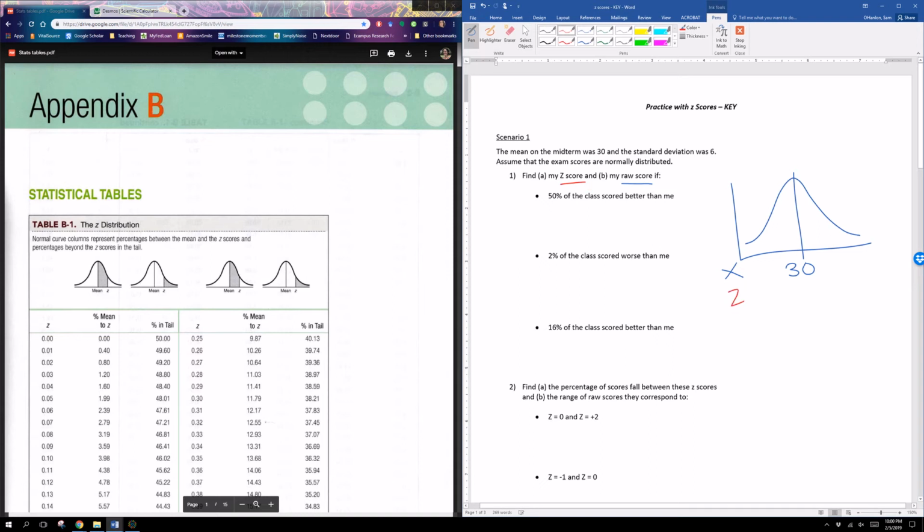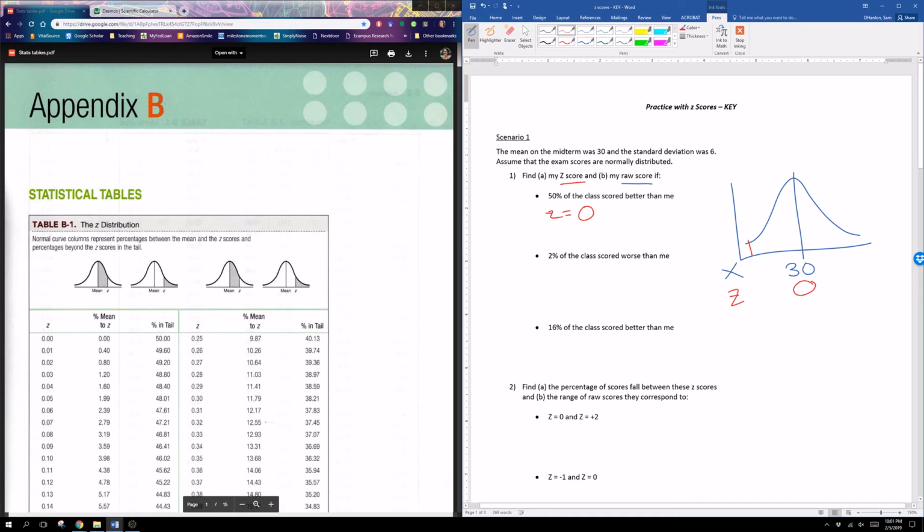Okay. So the mean of the z-distribution is always 0. Okay, so if 50% of the class scored better than me, then we know that z equals 0, right? Because you have half of the distribution above the mean and half of the distribution below the mean. Okay, if 2% of the class scored worse than me,